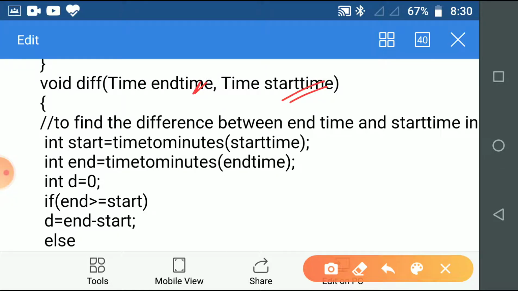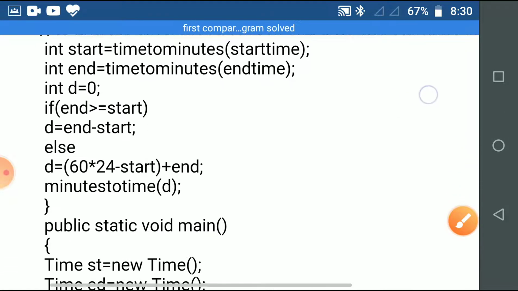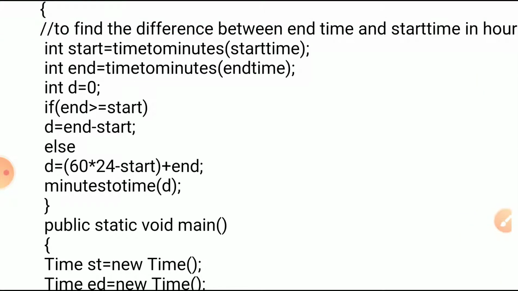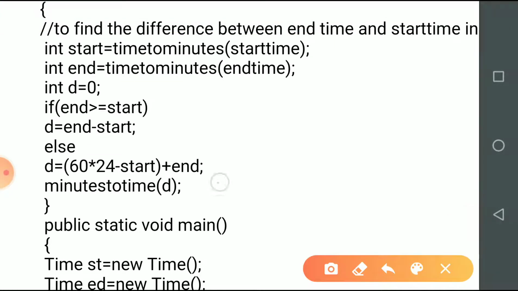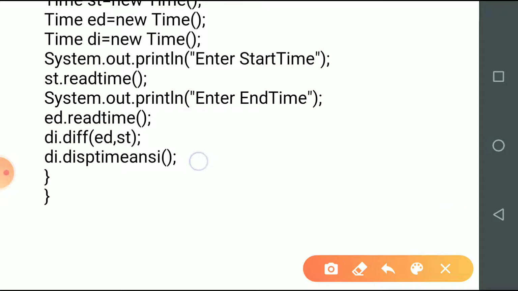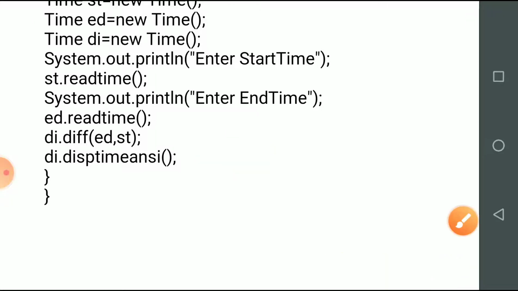Then the difference of start time and end time is calculated and got stored into D, and that is converted into hours and minutes by making use of minutes to time function in this line. So when we use di dot display time, that will display the time period of difference, because the difference is stored in the object di. So this function will display the value of those variables only. So this is one question on passing object to the function.